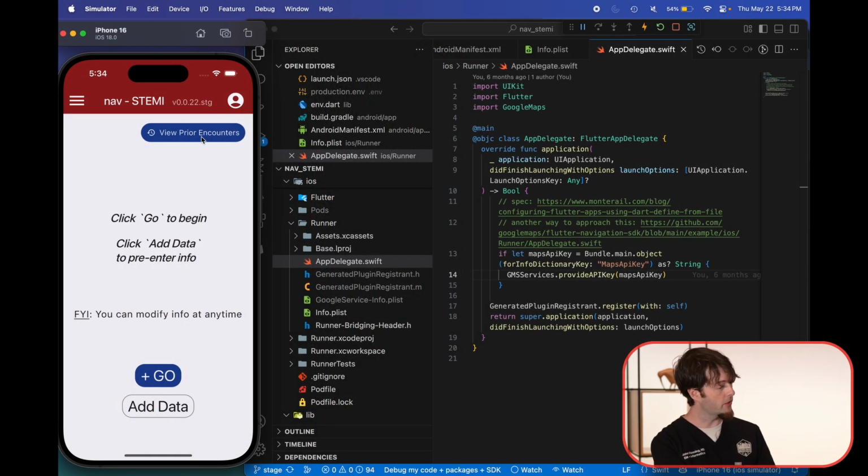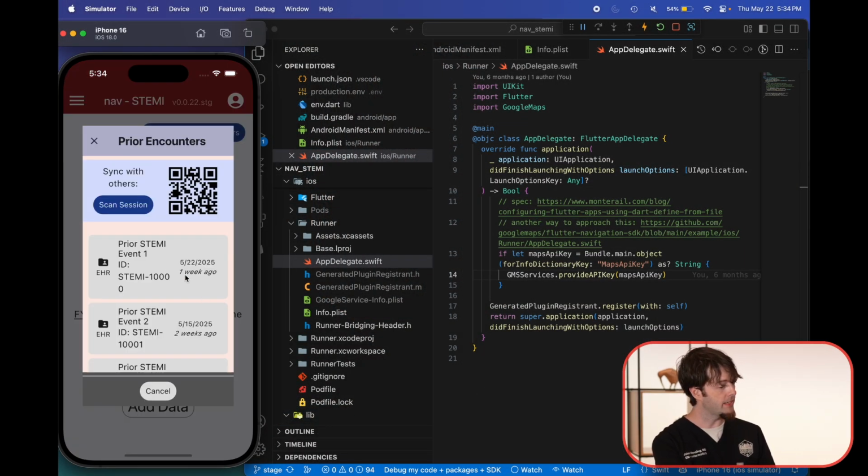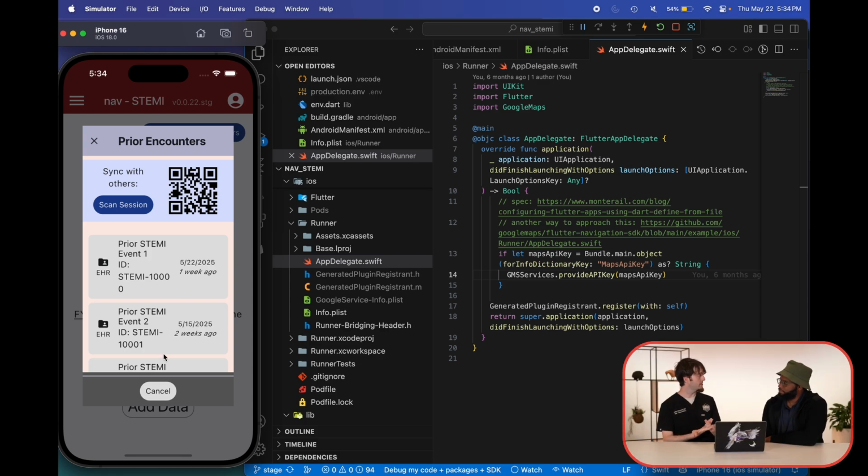The other aspect that would be very helpful, at least before this ships, would be viewing prior encounters and being able to review something that you and your team had done, as well as being able to add others to the care team of this group.